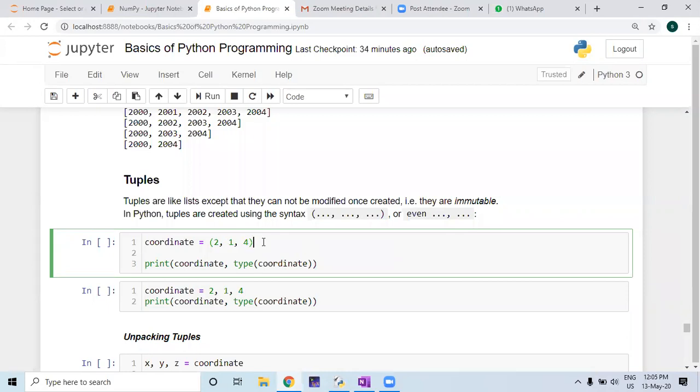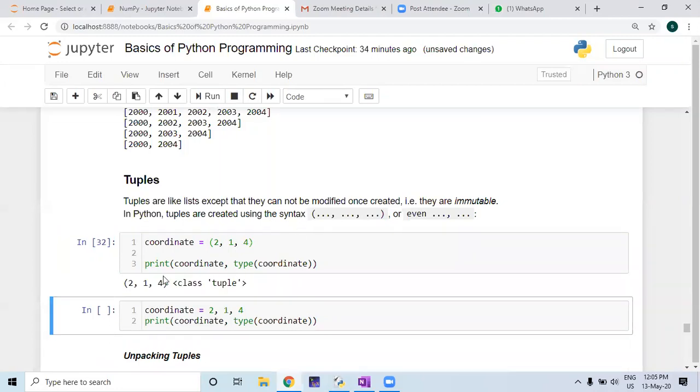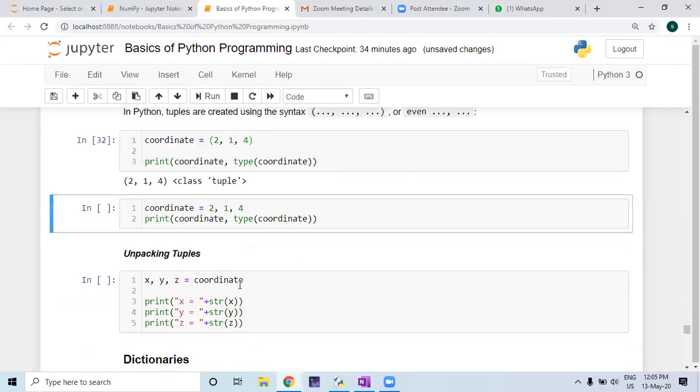So instead of writing it as a list with square brackets, you write the coordinate within round brackets, 2, 1, 4, and once you write it, this list, which is called a tuple, cannot be modified. It gives the coordinates 2, 1, 4, and it belongs to the class tuple. So this is the fundamental difference between tuples and lists. I think you understand it. And tuples